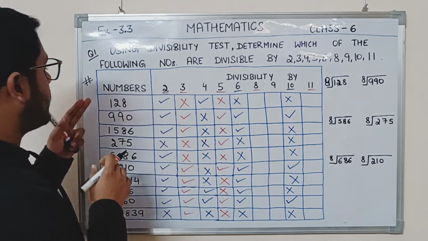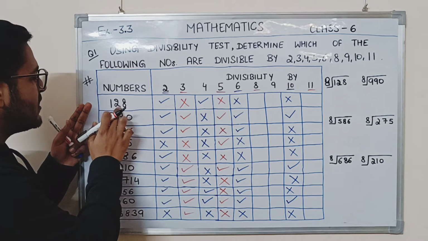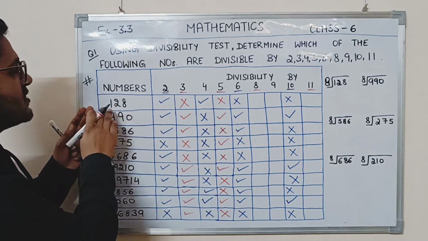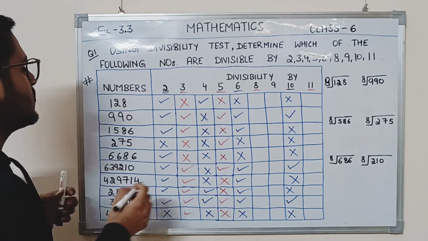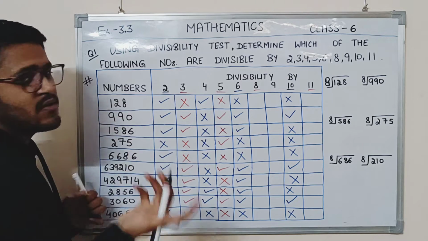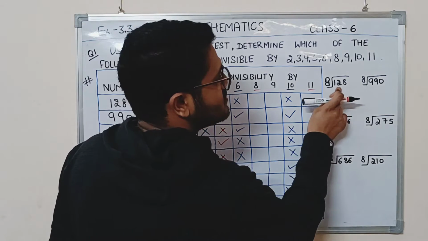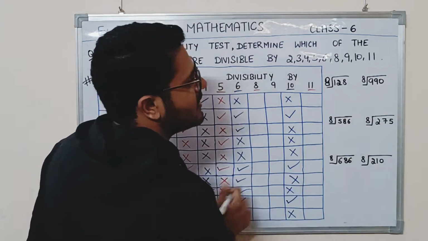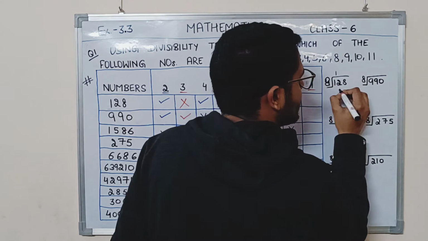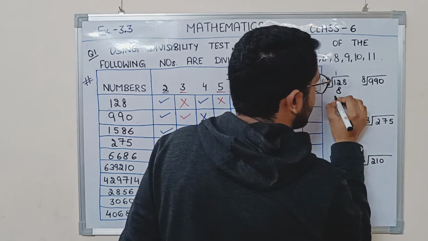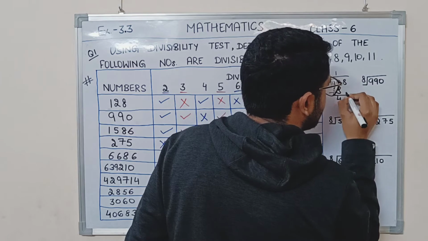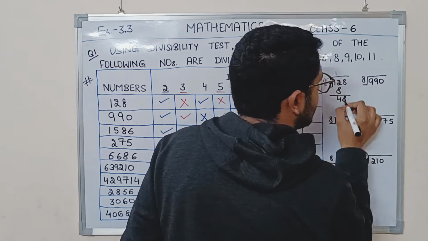For example, in the first case, we have 128. This is already a three digit number, so the last three digits will be 128 only. Let's divide 128 by 8. 8 ones are 8. The remaining is 4, and taking down 8,